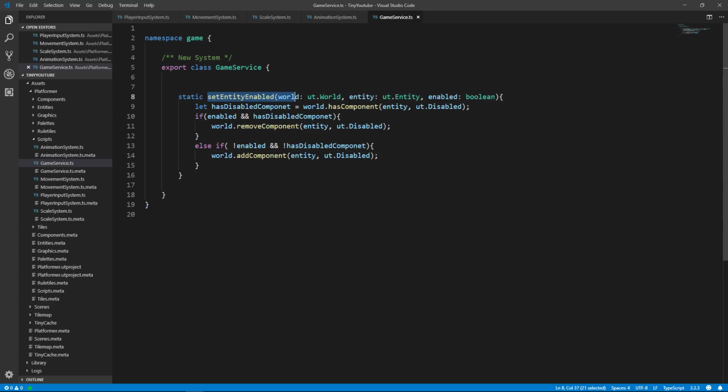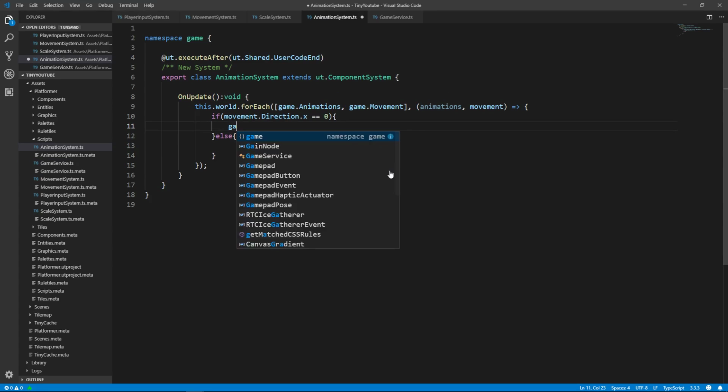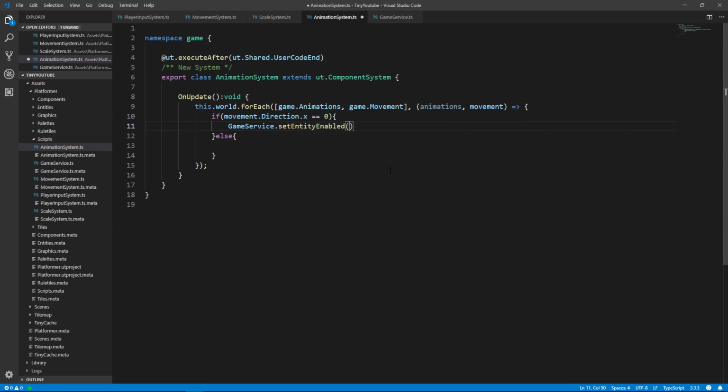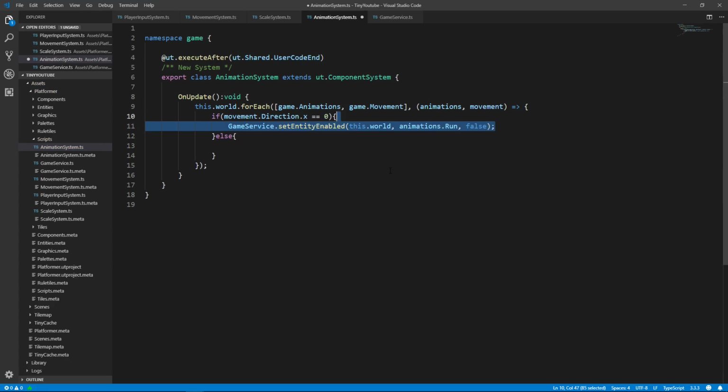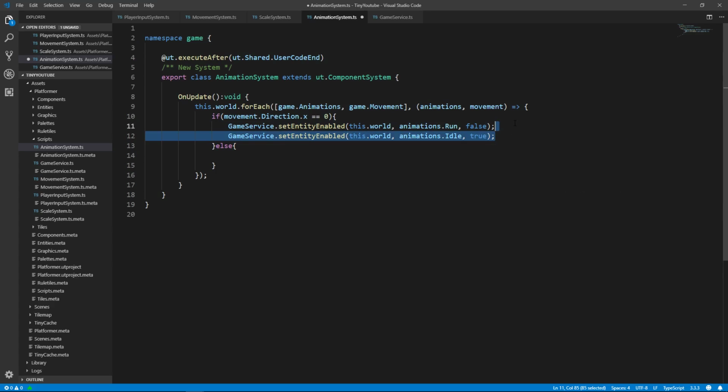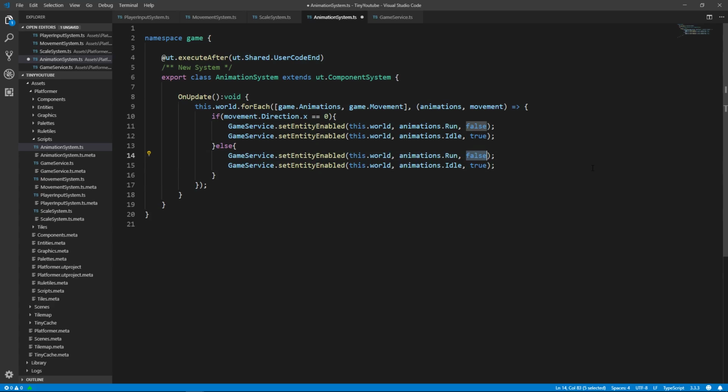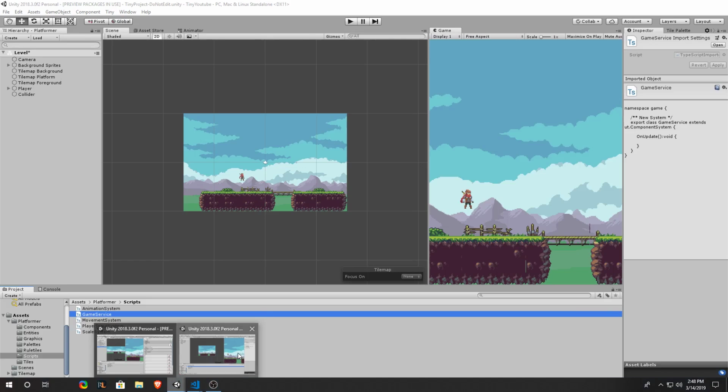Now that we have our set entity enabled function set up, we can go back into our animation system. Inside of here, we'll say game service dot set entity enabled. The entity or the world is this dot world. The entity is animations dot run, and the state will be false. Now copy and paste that, name this idle, and put this as true. Then copy and paste both of these, put it inside of the else, change the false to true, and the true to false. So if movement.direction.x is equal to 0, run is false, idle is true, else run is true, idle is false. We'll save, go back into our Unity project,